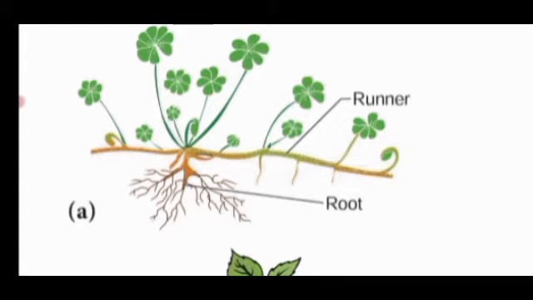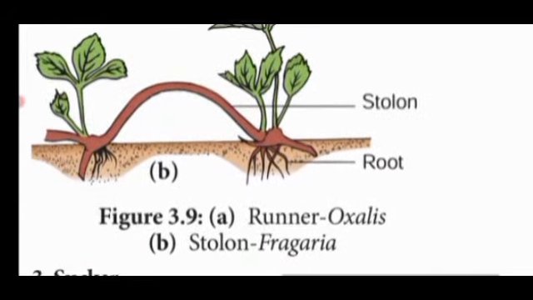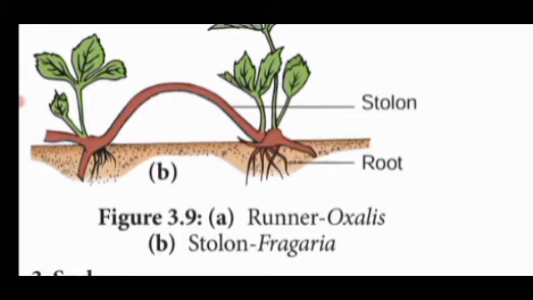Next is the stolon. It is also a slender lateral branch originating from the base of the stem. It first grows obliquely above the ground, produces a loop, and bends down towards the ground. When it touches the ground, it produces roots and becomes an independent plantlet. When the bent region touches the ground, it has the ability to grow into a new plantlet.